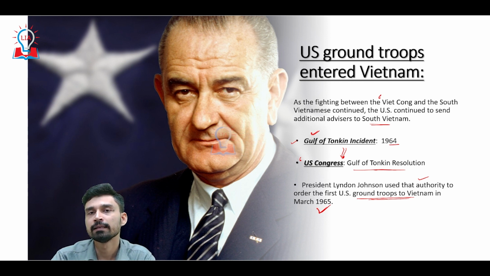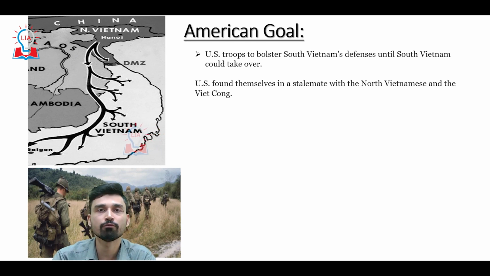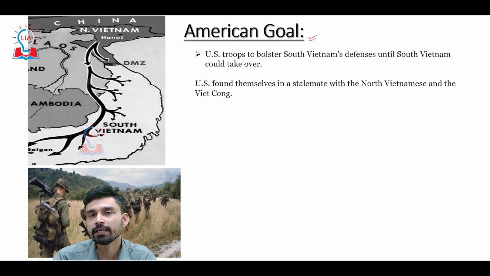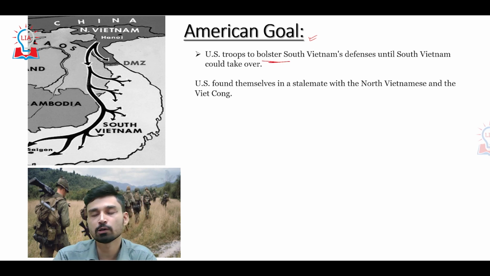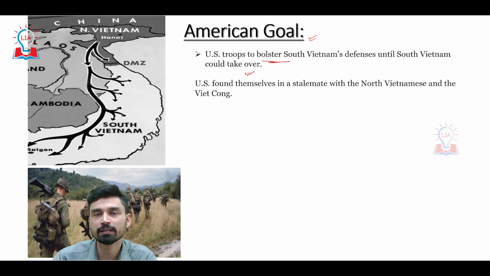Thus, we can say that since the US was earlier only indirectly supporting the South Vietnamese against the communists, now the US government and US military were directly involved in the warfare. However, the problem was that the US sent its force without specifying any particular goal for the American soldiers, and that proved to be very difficult in the longer period of time. US troops were just asked to bolster the South Vietnamese defenses at least until South Vietnam could take over the entire Vietnam and establish a government there.